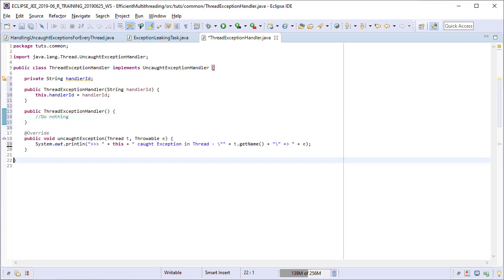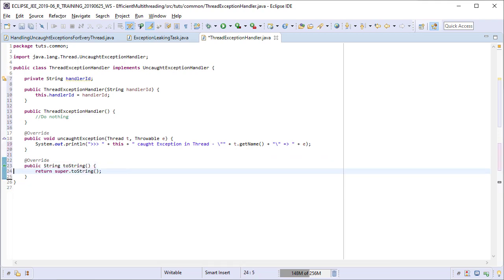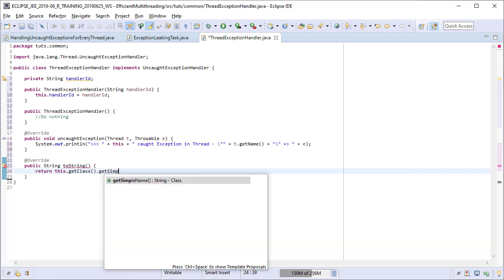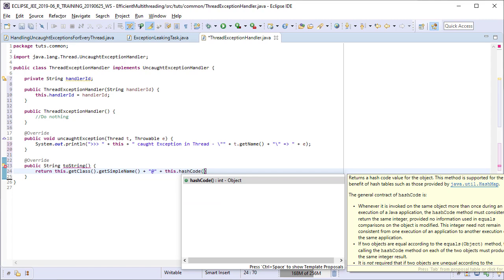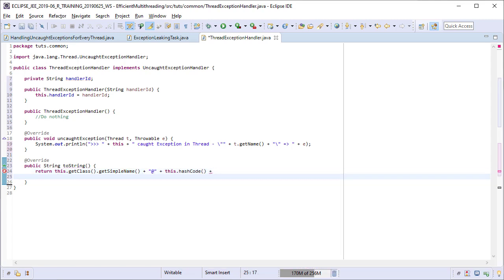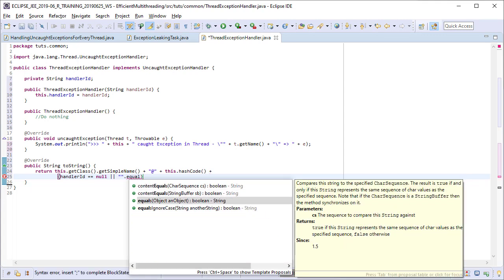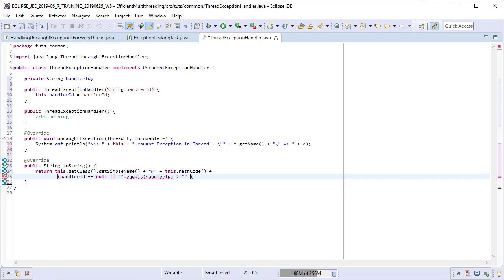We also need to override the toString method to print the identity information of the handler instances. This completes our handler implementation.